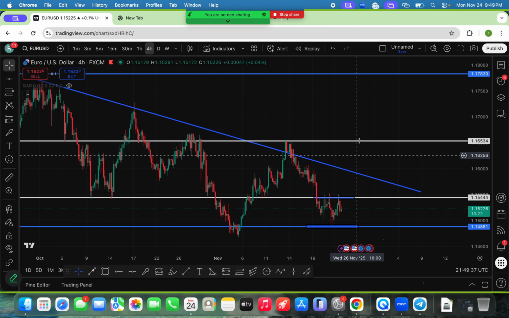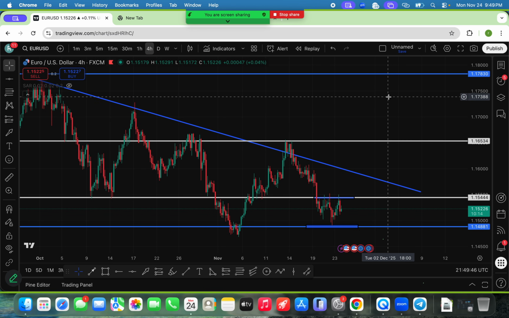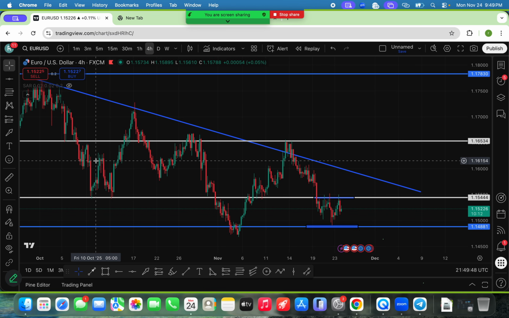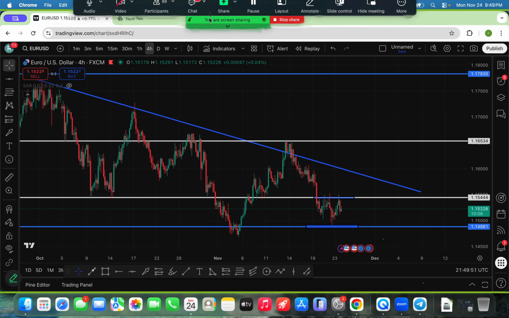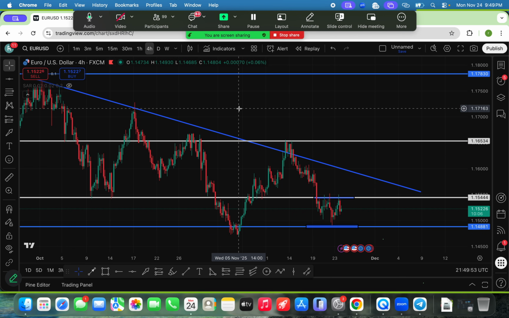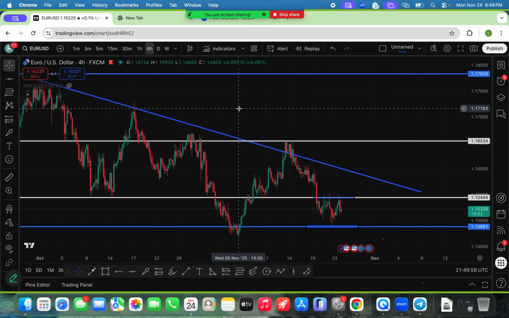So if price gets back to this level and it doesn't give a sell confirmation and it breaks and it retests and it gives a buy confirmation, what are you going to do? You're going to buy. Why? Because in the past, price has already done that. In trading, nothing is new. You understand? Everything has happened before. That's why we use the past projections to predict the future. So we project lines from the past to predict the future because if it happened in the past, automatically it will happen in the future.